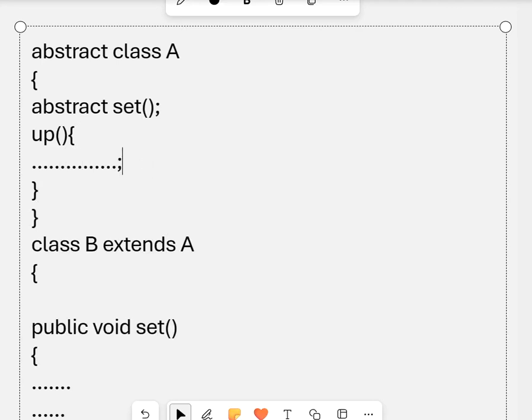Abstract method means it does not give any implementation. If we have to give the implementation to that abstract method, we will give it in the subclass. So class B is our subclass, and here